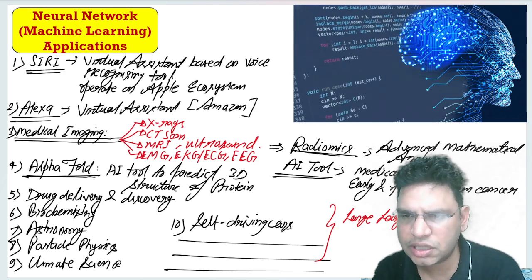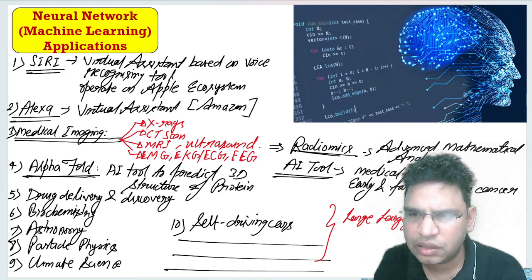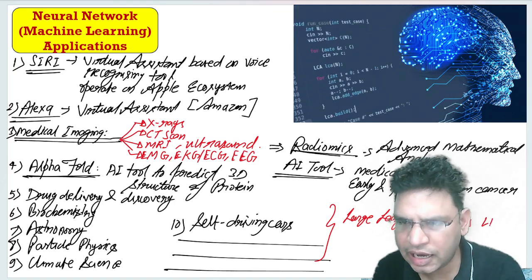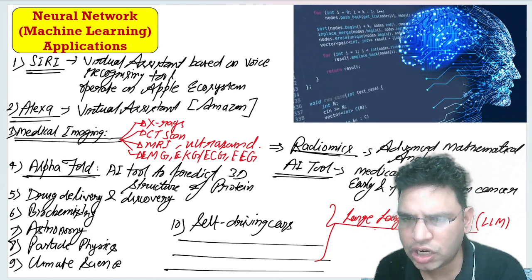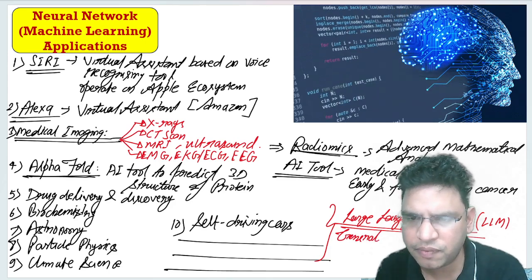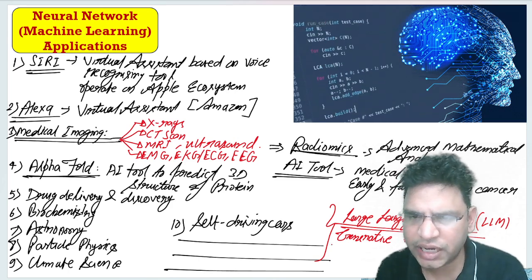Large language models are basically generative AI tools. They are called LLMs, and based on large language models, there are generative AI tools. All of you must be using them these days. For example,